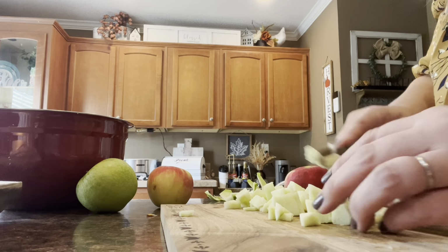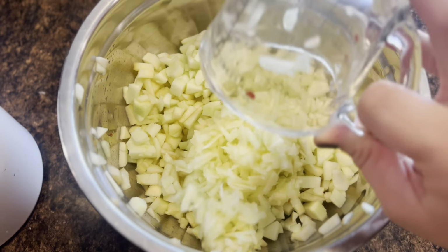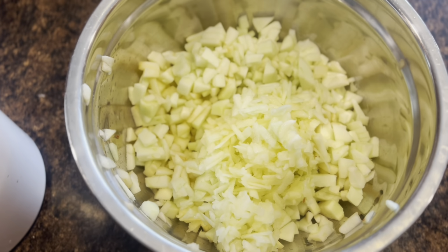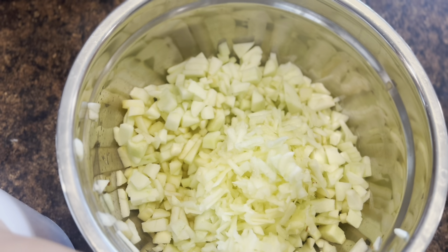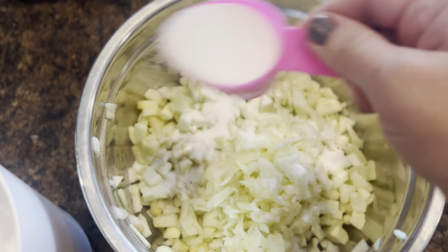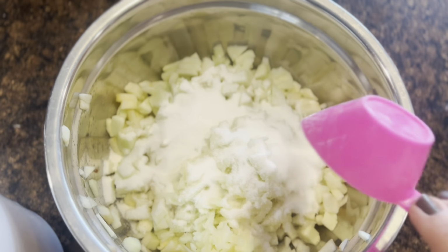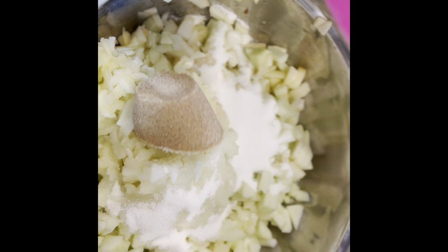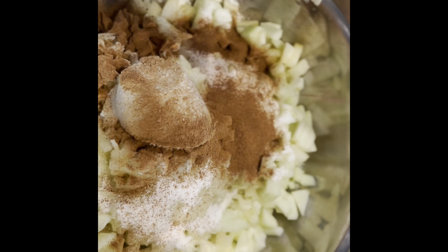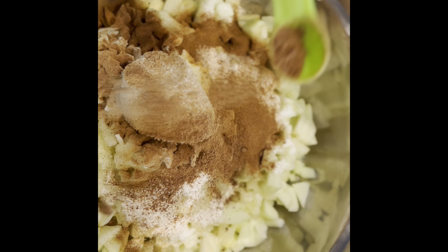Then you're just going to throw that all in a bowl. And then you're going to add your other ingredients to it. This is the 1 cup of grated apples that I did. And then you're going to add 3/4 cup of sugar. And I had 1/4 cup of sugar, so I had to do it 3 times. But then after you're done with the white sugar, you're going to add in 1/4 cup of brown sugar. And then 1 tablespoon of cinnamon and 1/2 teaspoon of nutmeg. And 1 teaspoon